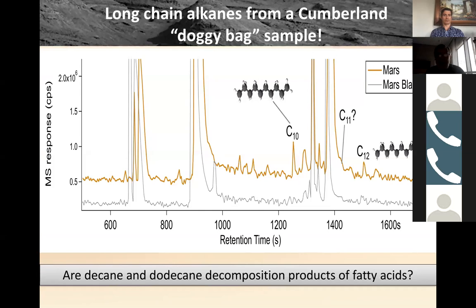We're submitting a manuscript on this, and this is really long chain hydrocarbons, basically decane and dodecane, C10 and C12, and probably C11 in there. And essentially, those are really interesting because the lipids of cells are fatty acids. If we heat them up, we may release some of these linear chain alkanes. So no conclusive evidence for life, but it's a type of thing, the complex molecules that